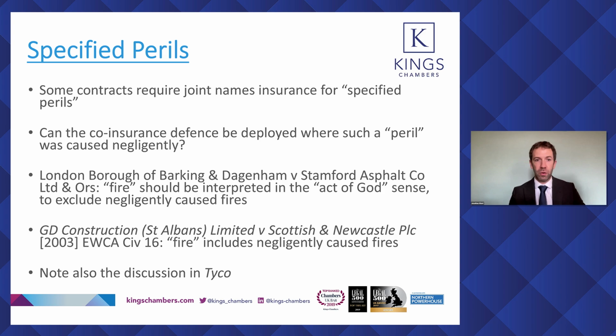That's all very well, but when you have a list of specified perils, which include things that can be caused negligently or non-negligently, the question that sometimes arises, well, does the contractor have the right to be protected, and does it have a co-insurance defence, even where it negligently starts a fire or causes an escape of water? And it's an interesting category because, and this is the observation that's made in some of the cases, some of these perils obviously can only be caused naturally, earthquake, lightning. Others, you say fire, you don't really know what caused it, whether it was caused by negligence or otherwise.